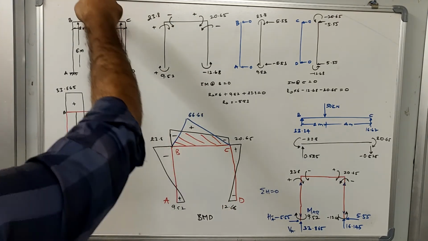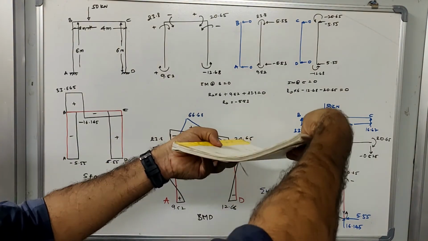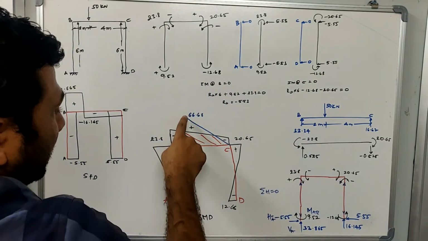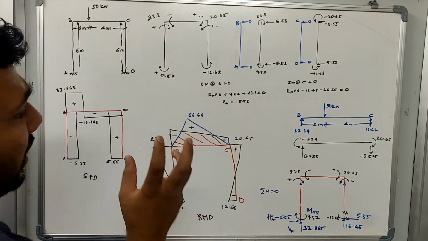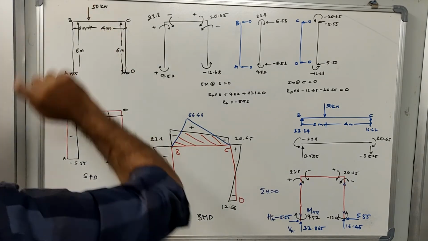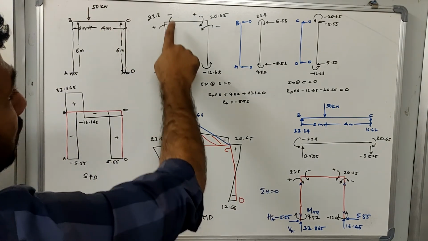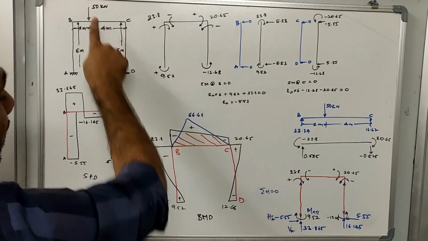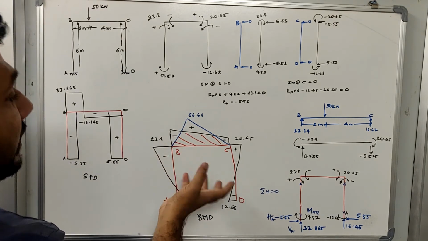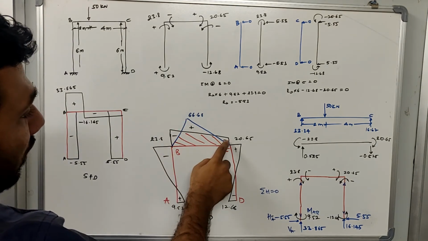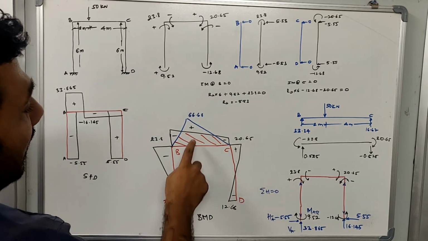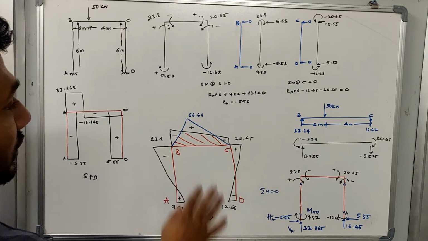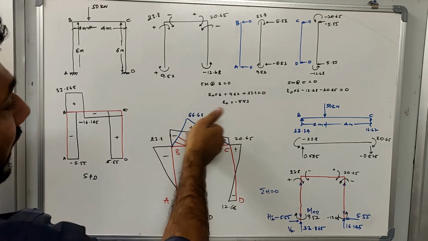When a load is applied at the top, it will bend like this. It means it will create sagging. So this triangle is the bending moment diagram that is superimposed because of the external loading, and that's why it is positive. The moments give a negative bending moment, and the point load gives a positive bending moment. When I superimpose, I chop these corners and call them negative bending moment areas, and this positive bending moment area, and this is null and void, a useless area. So you need to understand how I have drawn the bending moment diagram for a beam element.